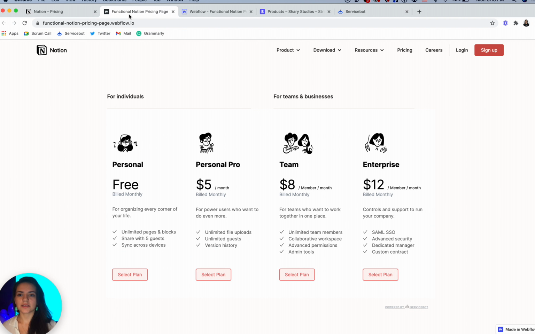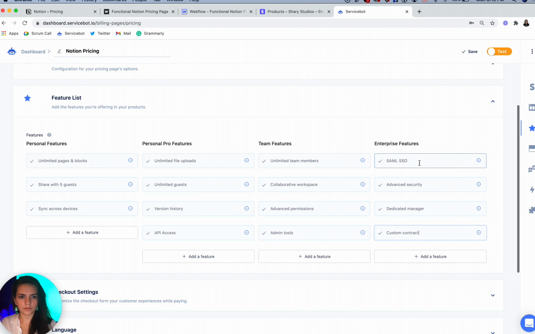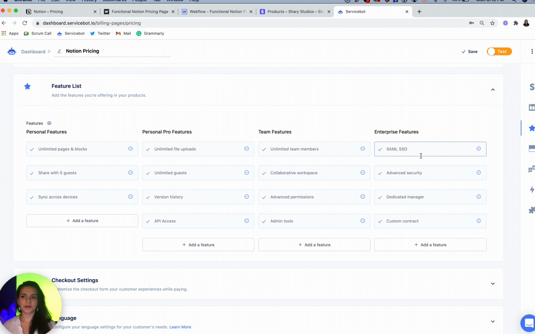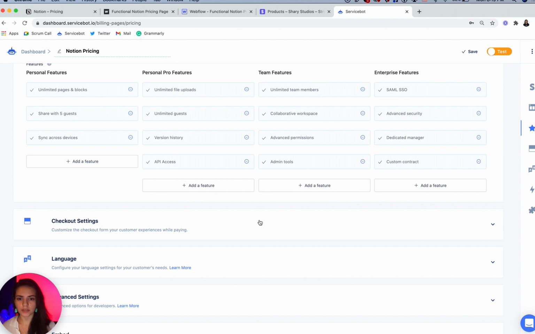And that is going to allow us to show these features per tier. So I'm just going to go ahead and fast forward so that you guys don't have to sit through this. Okay, so I have my features per tier written out, and we are ready to move on to our checkout